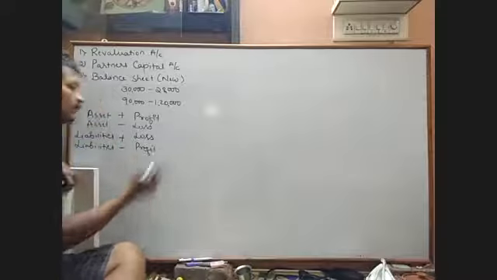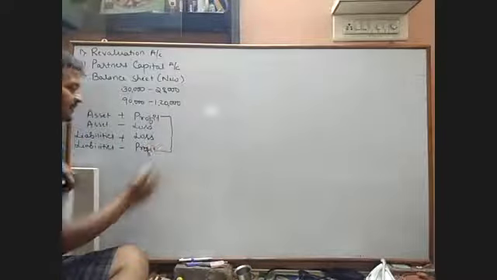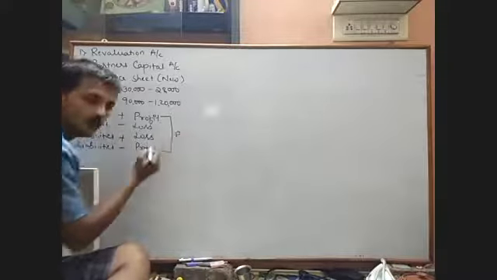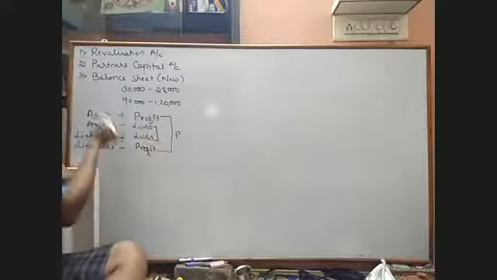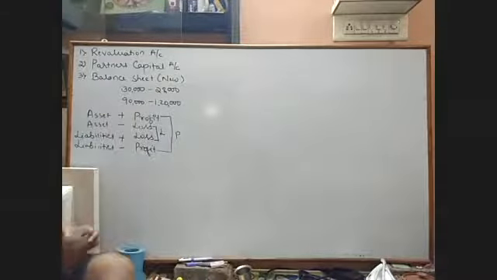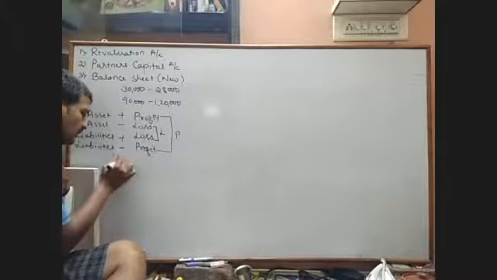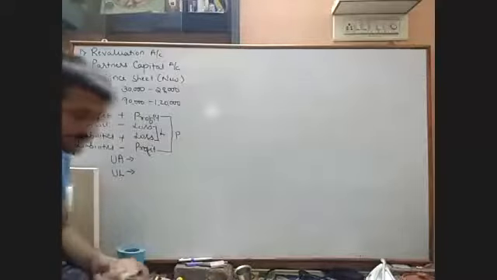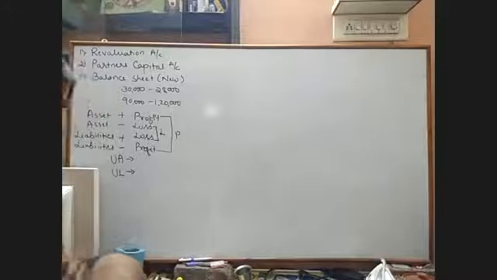So what you need to remember is that an increase in asset and a decrease in liability will always lead to profit, whereas a decrease in asset and an increase in liability always lead to loss. Clear with this? And apart from these two, there is a concept of unrecorded asset and unrecorded liability. Now the question arises, sir, what is unrecorded asset and what is unrecorded liability?